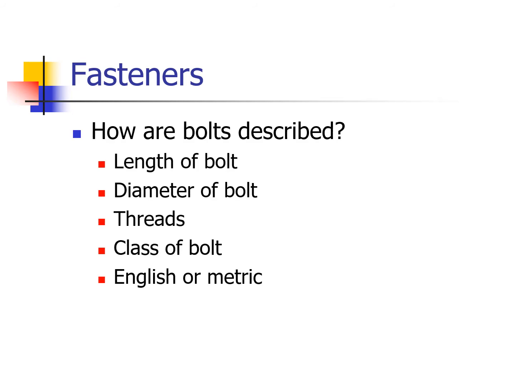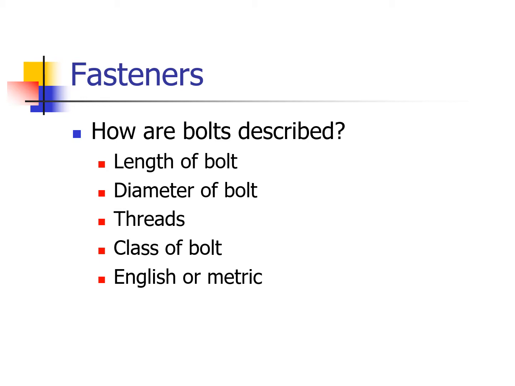So fasteners are basically something that holds things together, and the most commonly used fastener in engineering are bolts. And how do we describe bolts? Now, last week I talked a little about different types of bolts and their characteristics and standards for bolts. So we're going to talk now about how do I describe a bolt, and then we'll get back into that